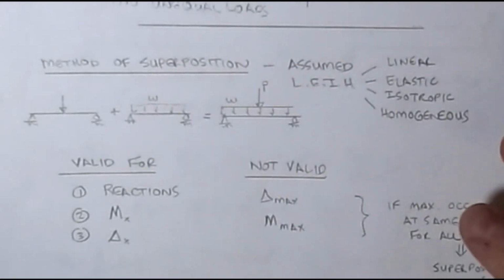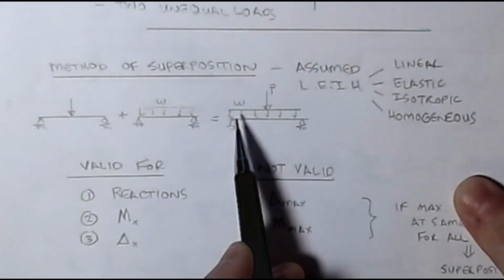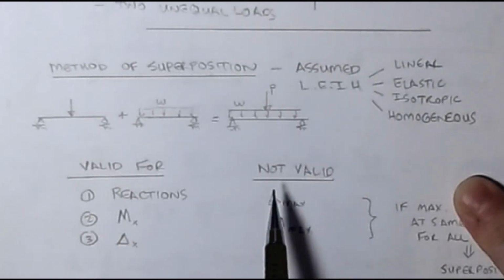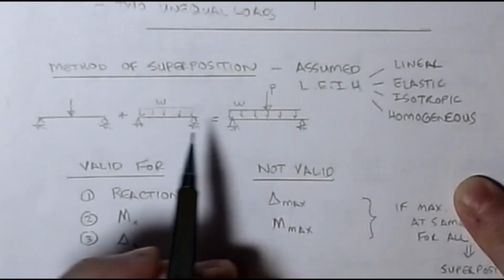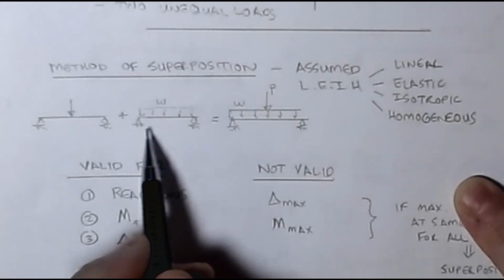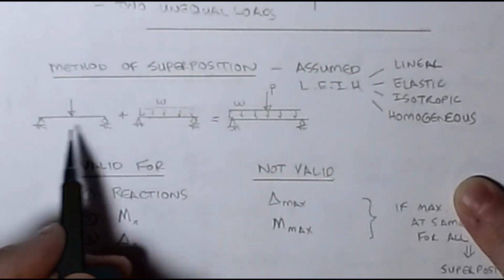And so the idea here for superposition was, well, what if I have a beam that has a uniform load with a point load on it somewhere, that I can break this into simpler cases that make up these results. Okay, and so here I have a simply supported beam with a uniform load on this, plus then a simply supported beam with